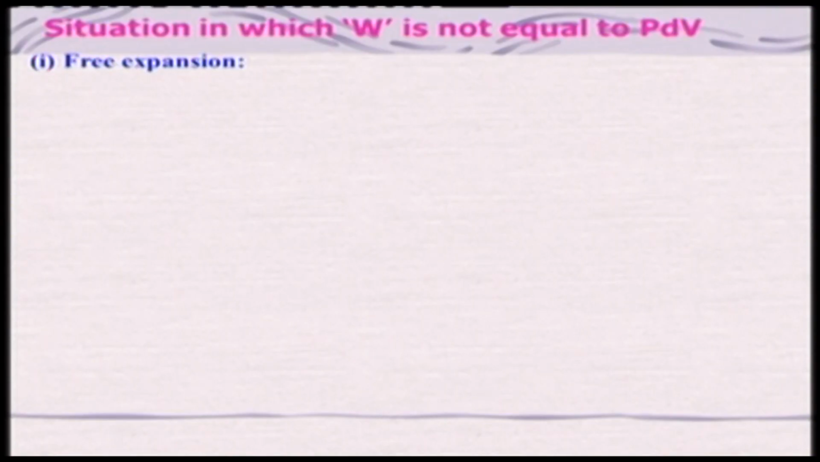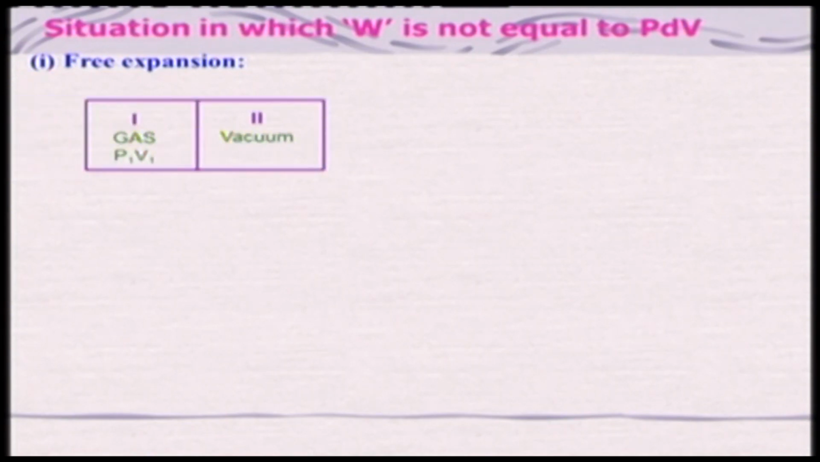So now let us take a situation in which work is not equal to PdV, because we have seen this is the PdV work, okay. But we can consider a situation where PdV is not in the picture. Let us say we will consider a free expansion. I will be taking a few examples for that. Let us say there are two chambers. The chamber 1 contains gas at P1, V1,